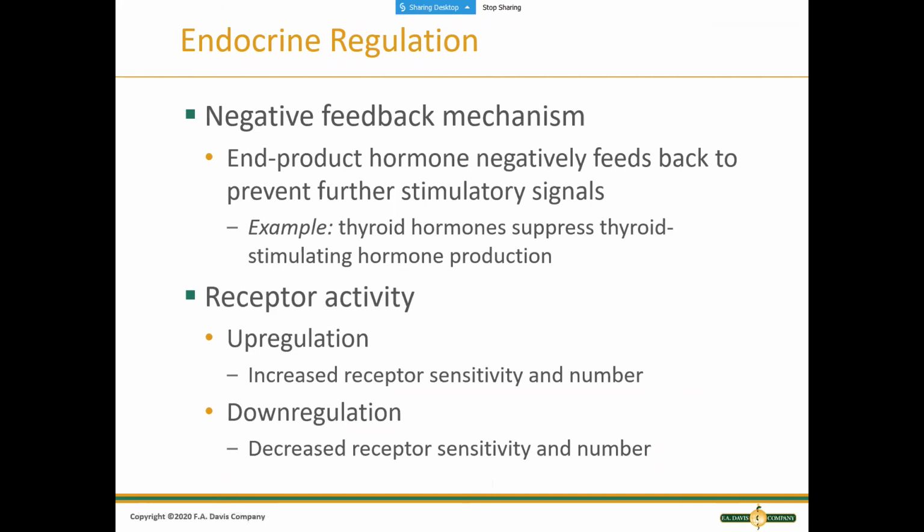Two words to describe the receptor activity of the endocrine system are upregulation and downregulation. Upregulation means an increased receptor sensitivity and number. Downregulation, decreased. So we talked last week about insulin receptors, I think, or maybe the week before. That'd be a classic example of downregulation. Decreased receptor sensitivity. If you eat a ton of sugar every single day for years and years, your insulin receptors